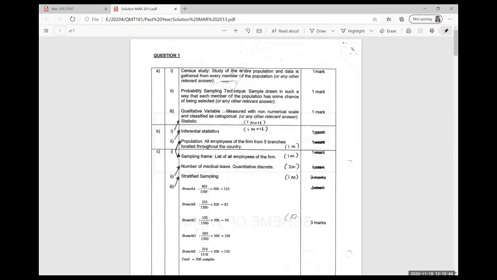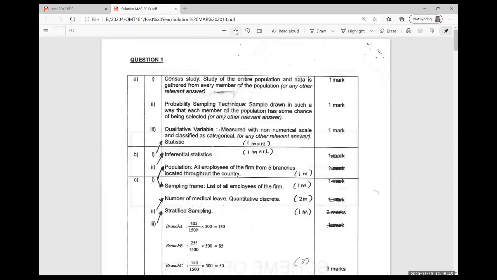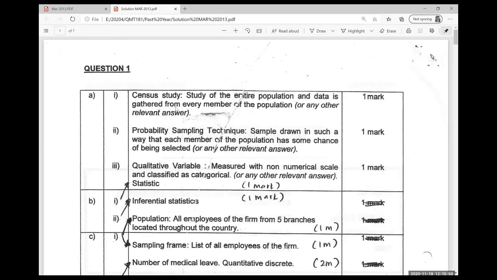All right, and then you have the census study, what it means by census. Census is the study of the entire population, and for the sampling technique, the sample is drawn in such a way that a member of the population has some chance of being selected. And lastly, you have the qualitative variable, measured with a non-numerical scale or categorical, right? So